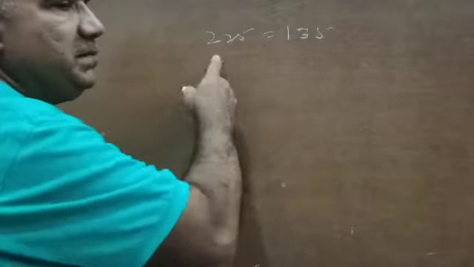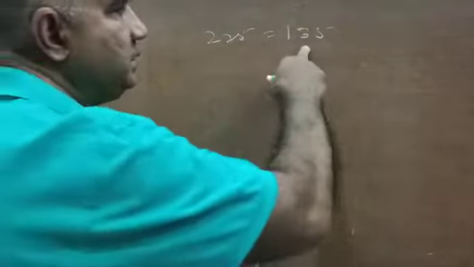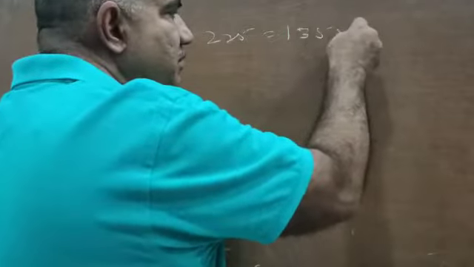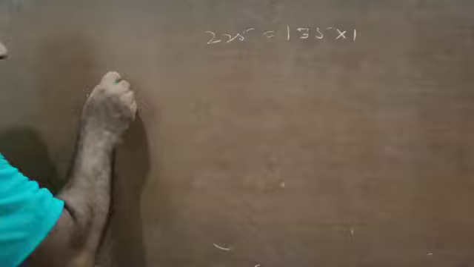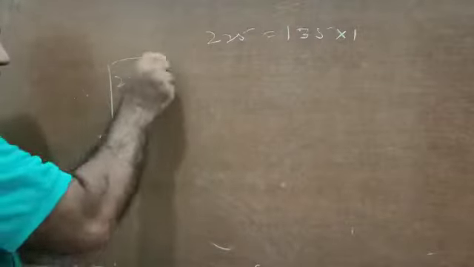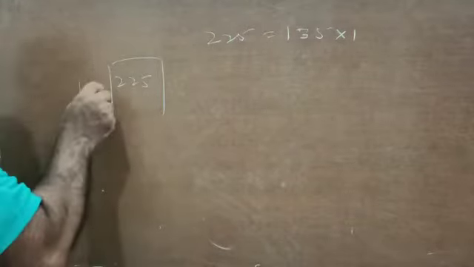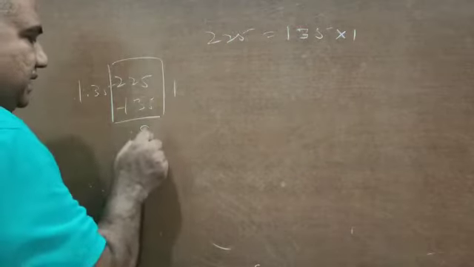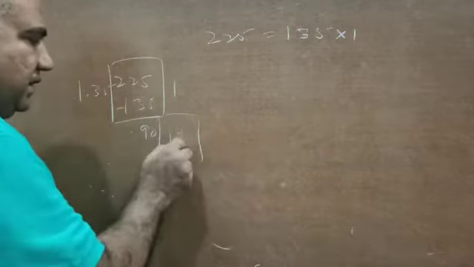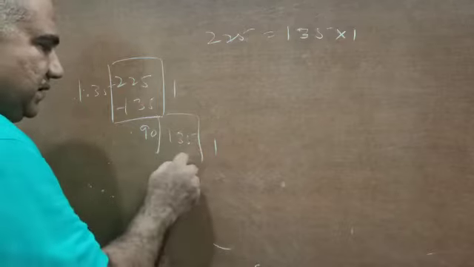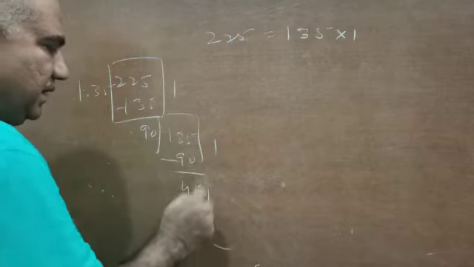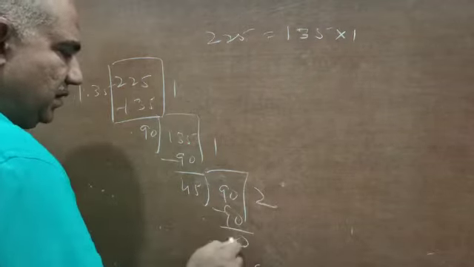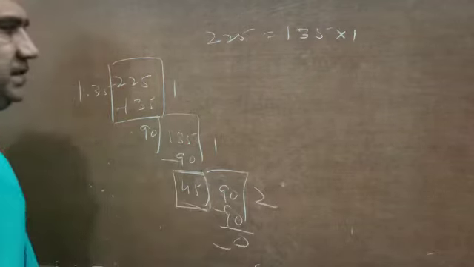The larger number is made the dividend, and the smaller one is made the divisor for the first stage. Now, as we have been carrying out since our childhood, we do the divisions like this for finding the HCF. 135 goes once into 225, 135, and you are left with 90. Then once again you divide 135 by 90, it becomes 1 and 45 is left. Now divide 90 by 45, it goes 2 times, remainder 0, and this used to be our HCF.